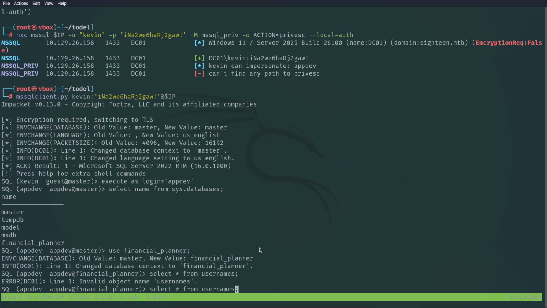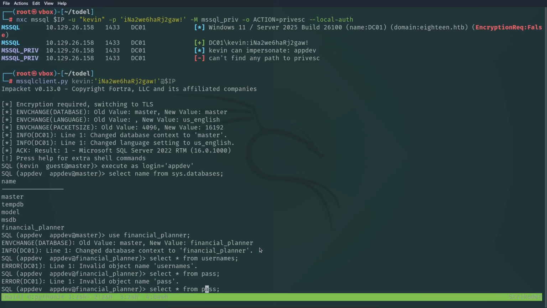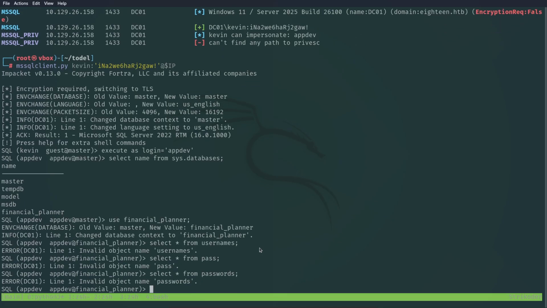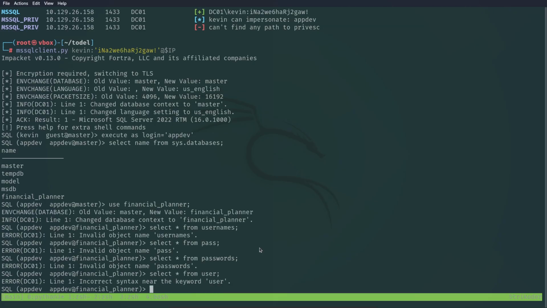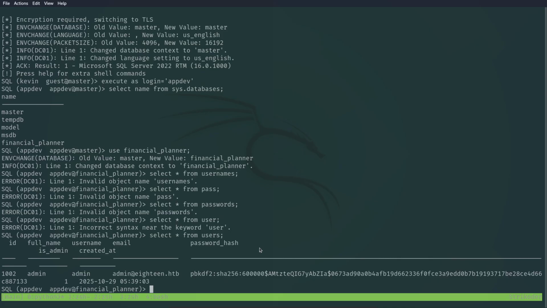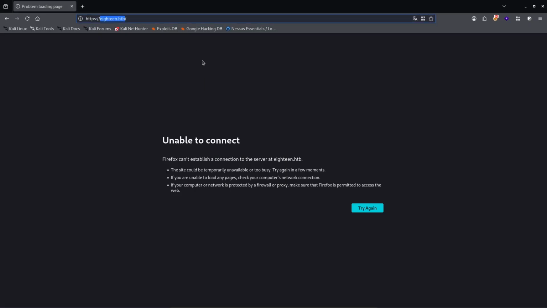We don't have usernames, maybe passwords. So maybe we can show all the tables and then, oh, okay, now we see we have users. So